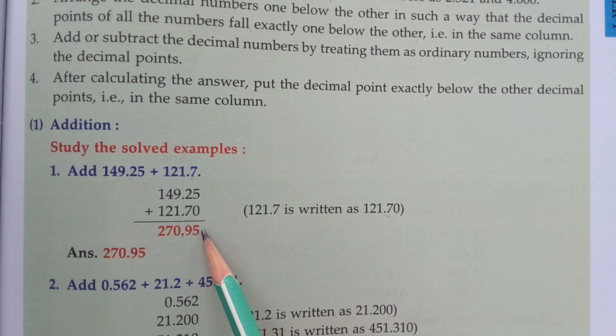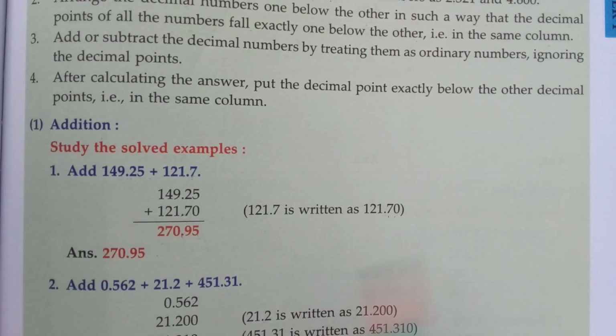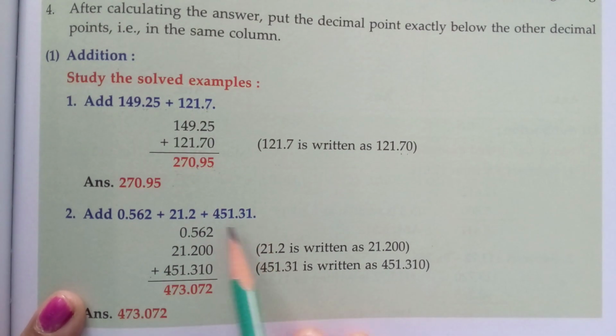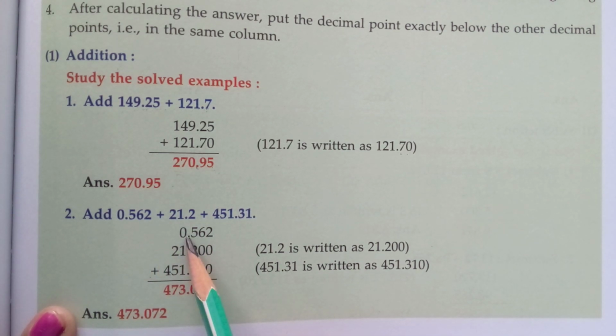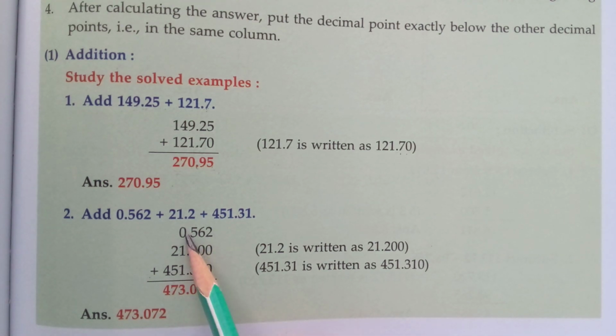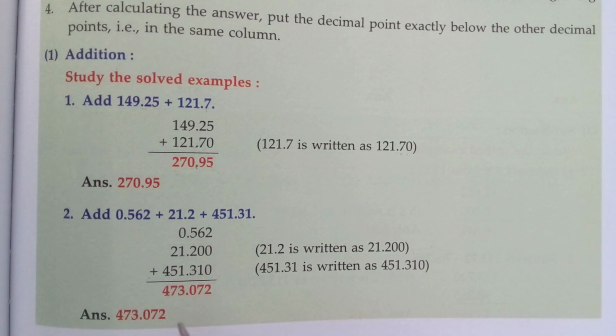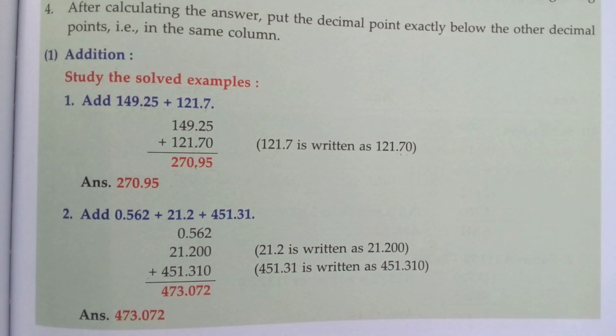How easy, no? So, this is the way how you should add the decimal numbers, okay children. So, if it is 3 numbers also, no problem, you make unlike into like and arrange it so that the decimal points come in a line, fall exactly below. In this way you do the sum, okay children. Come, we will see the sums. Turn the page.